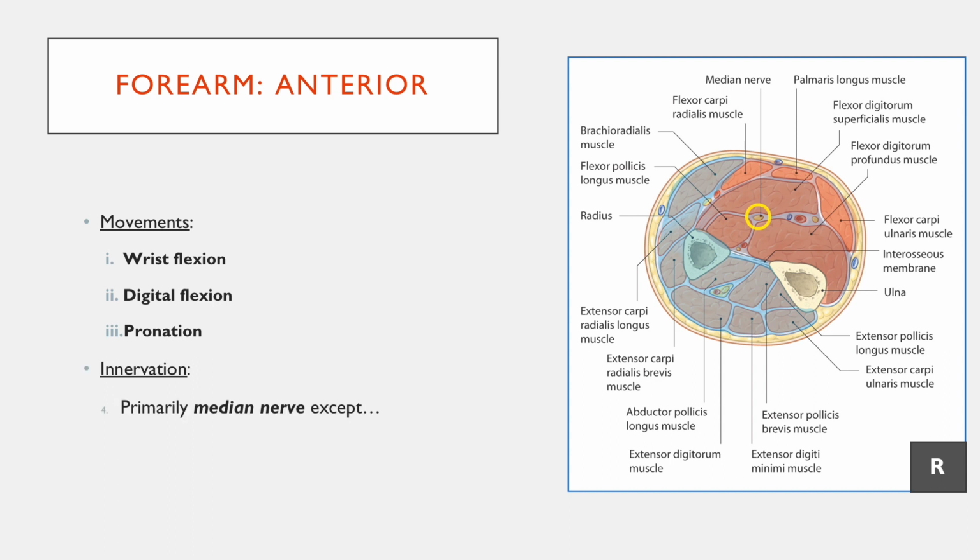In terms of innervation, it's pretty much mostly median nerve. So if you look at the diagram, and you can see I've circled it here, the median nerve innervates most of the lateral aspect, and the ulnar nerve supplies some of the medial aspect. So both nerves come through the anterior compartment. The ulnar nerve only supplies the flexor carpi ulnaris, which is fairly easy to remember, I think, and it importantly